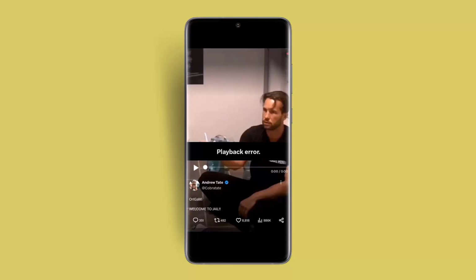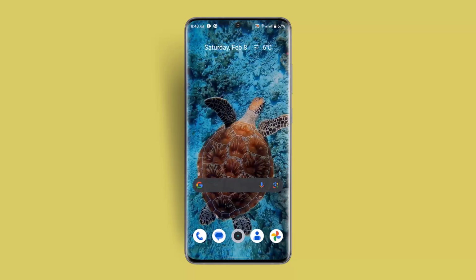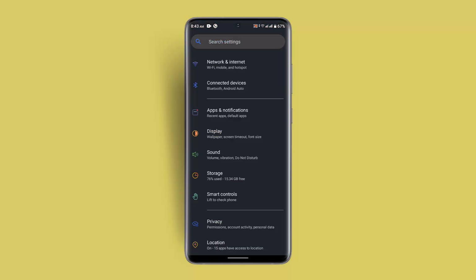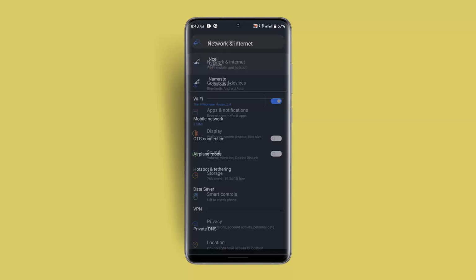First things first, you could always check your internet connection. Sometimes poor connectivity or lack of internet can cause this sort of issue. Exit out of this page and then go ahead and open up your settings. Check whether you're connected to the internet or not. If not, just go ahead and enable it, or you could also check your router or restart your router